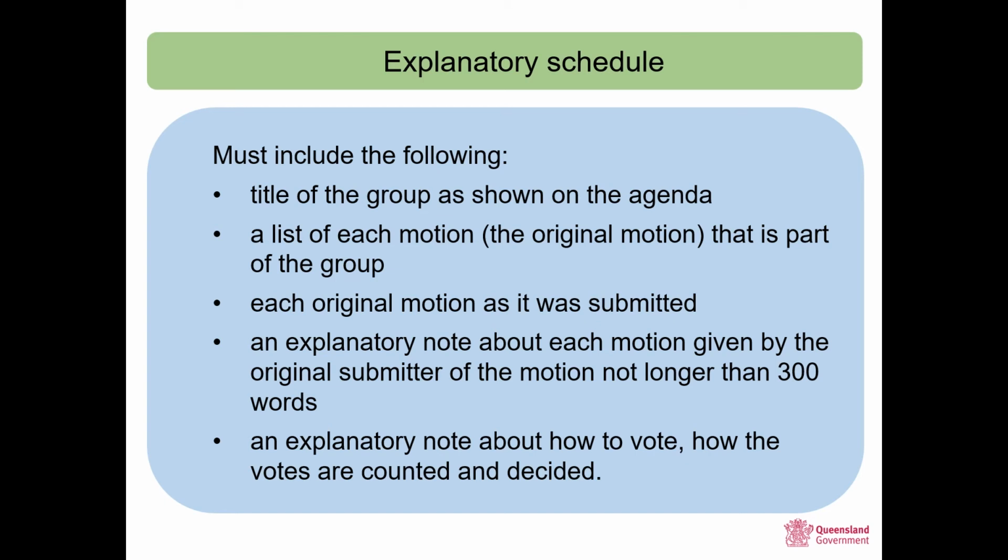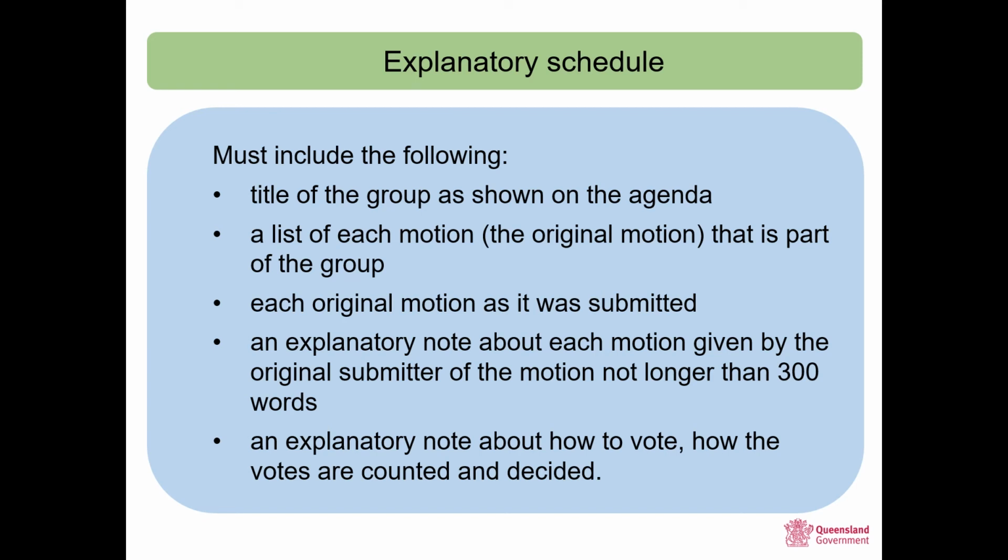Under the expiring standard module, an explanatory schedule is required when there is a motion with alternatives. Under the new standard module, an explanatory schedule must be sent with the agenda for a general meeting that includes a group of same issue motions. The explanatory schedule must advise voters how a group of same issue motions will be dealt with. The explanatory schedule must include the title of the group as shown on the agenda, a list of each motion that is part of the group,